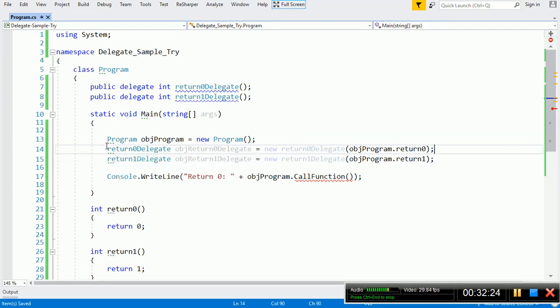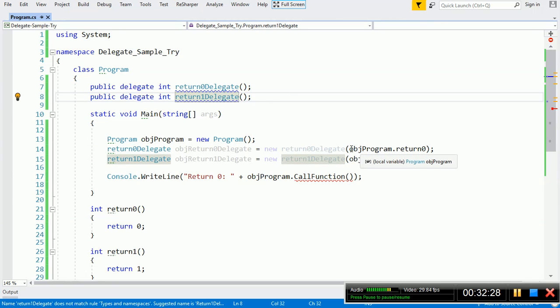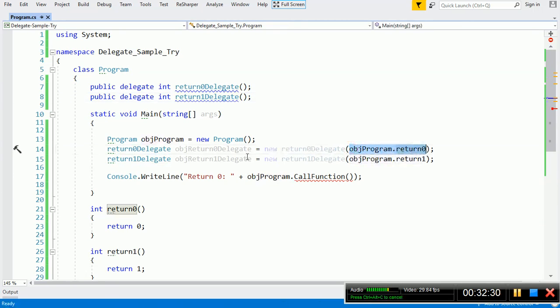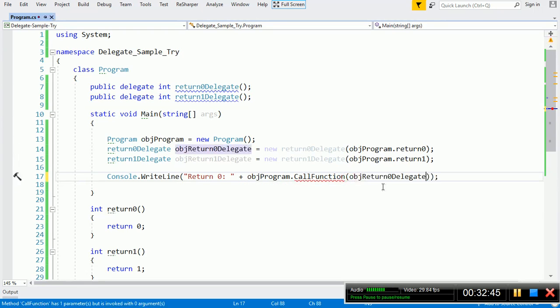So here I have declared 2 delegates, created the object for the class, passed the address of our return 0 to the return 0 delegate, and passed the address of the return 1 function to the return 1 delegate. And then now I will pass this return 0 delegate to this call function.